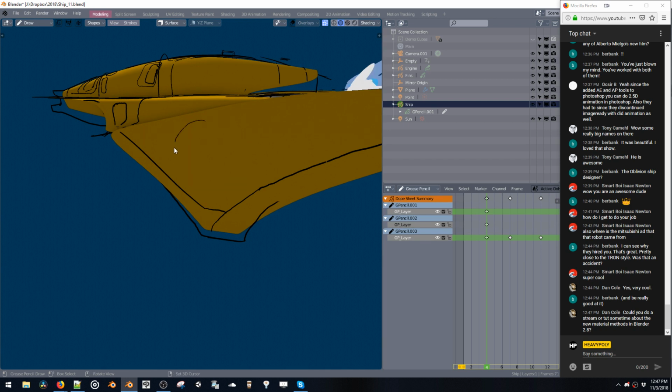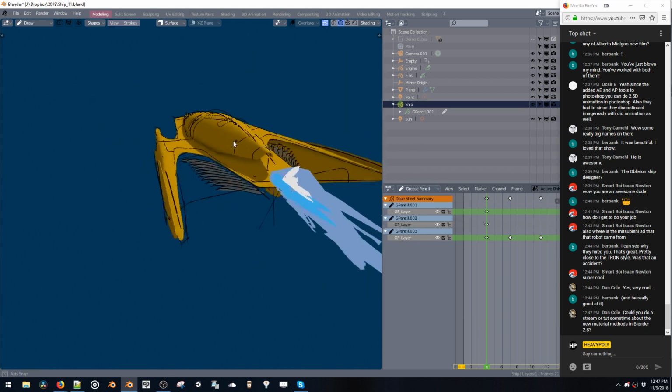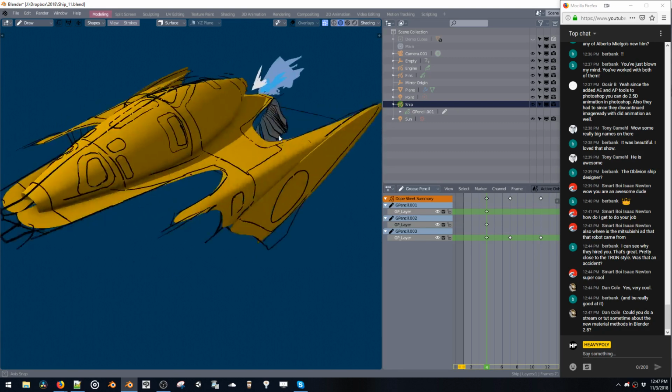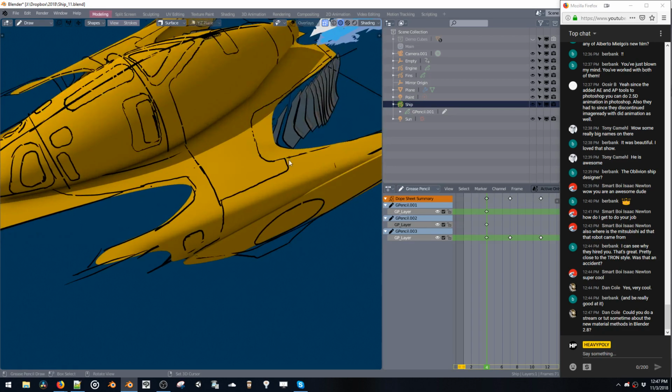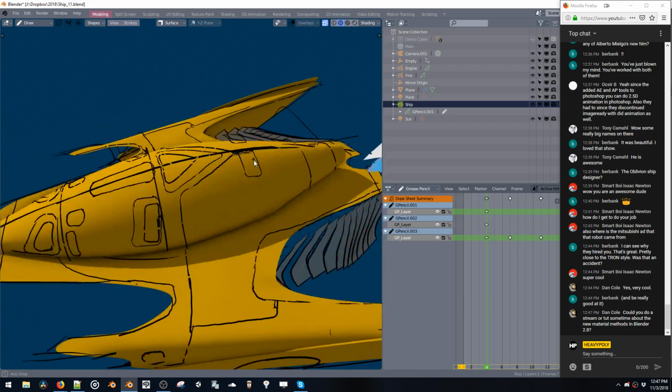I don't think I can devote a whole stream to that because it's pretty much the same as 2.79. The way you create materials and stuff is the same. So actually, you could use any tutorial on 2.79 for materials. The only difference maybe is,